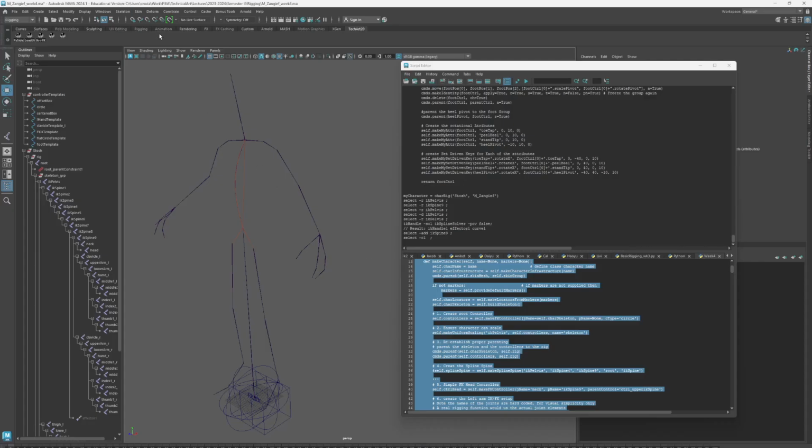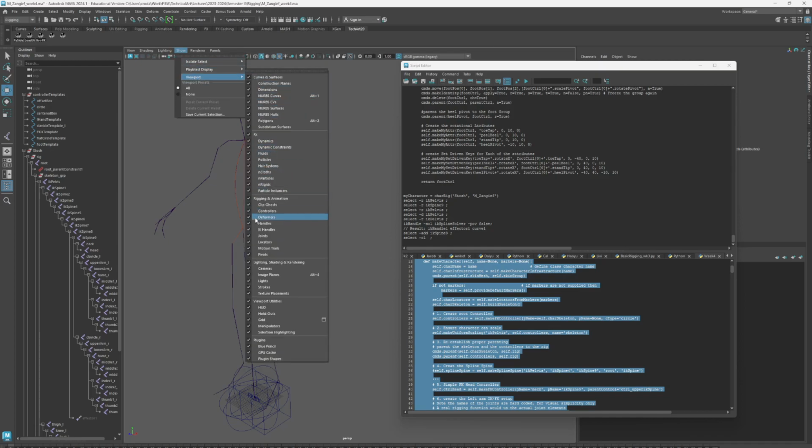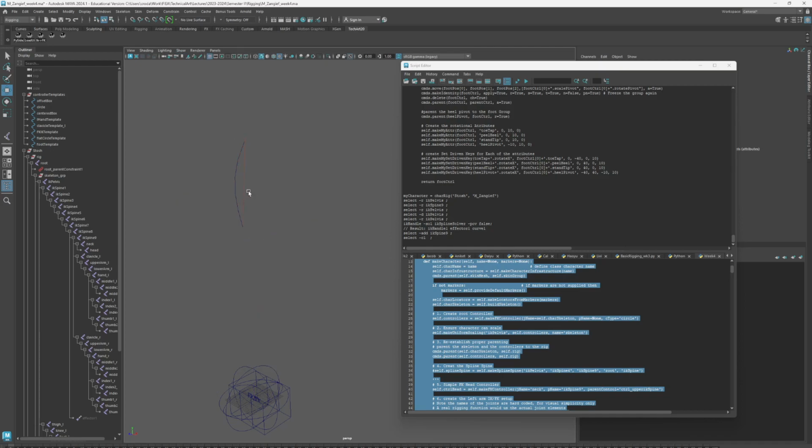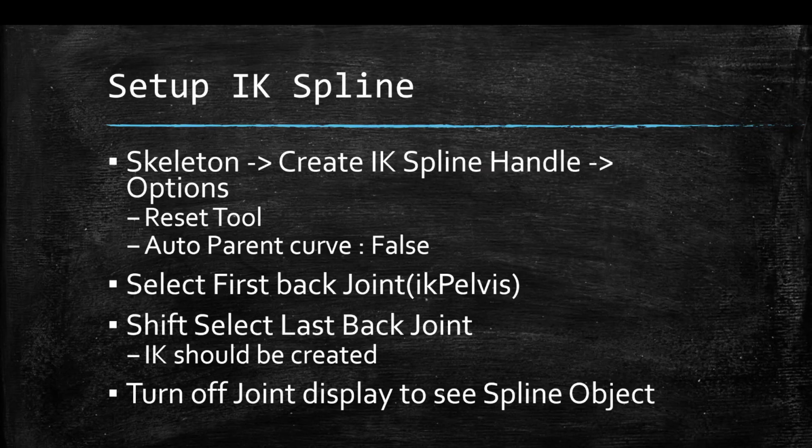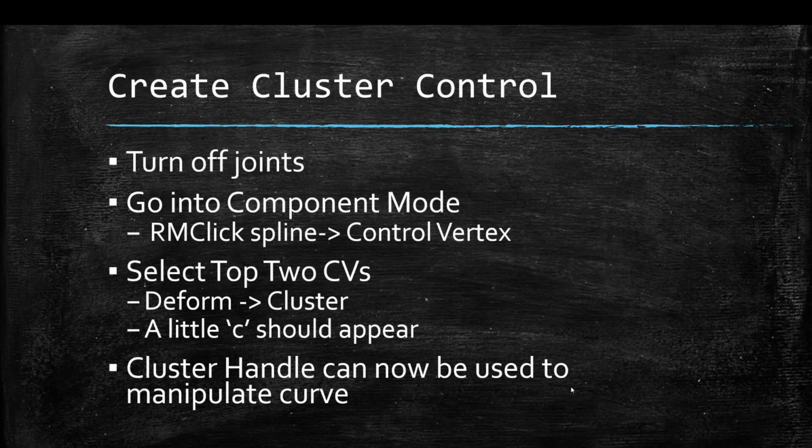And let's go back to Maya. And then all you have to do is come over here to the show, viewport, and go on all the joints. I'm going to turn off the joints. And so there we have our spline and then our IK spine right here. All right, so what do we do next? All right, and we see the spline object. Okay, then we turn off all the joints, we did, and then we're going to go into component mode,